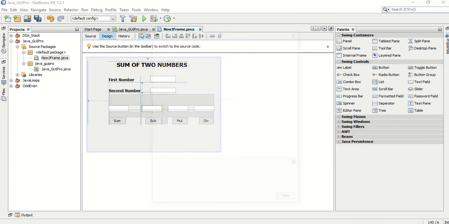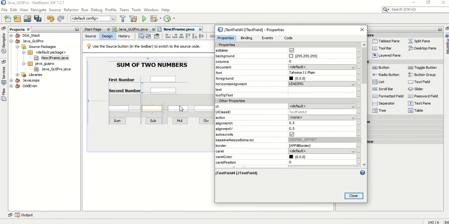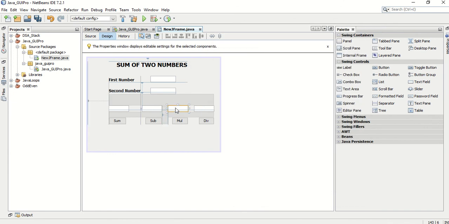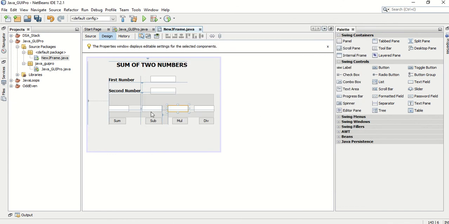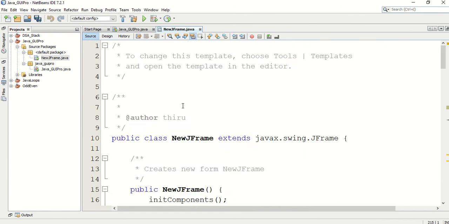We'll check text field 4, text field 5, text field 6. Okay, for the subtraction.